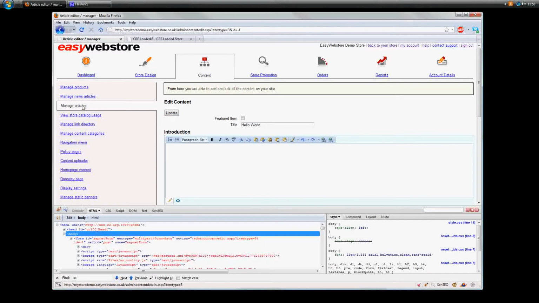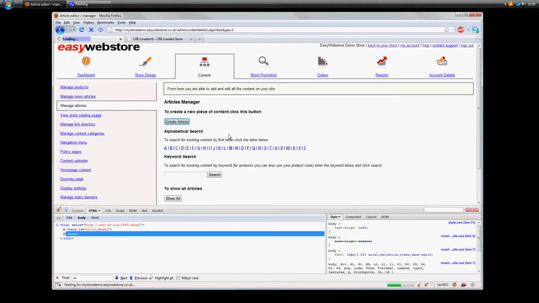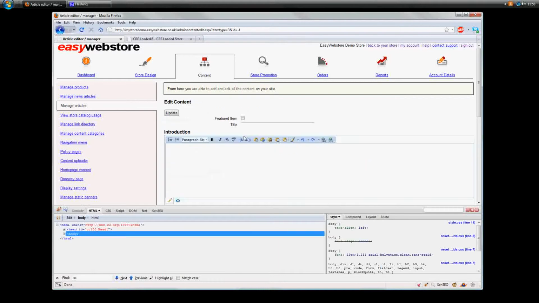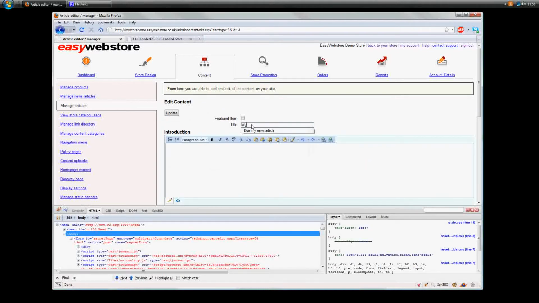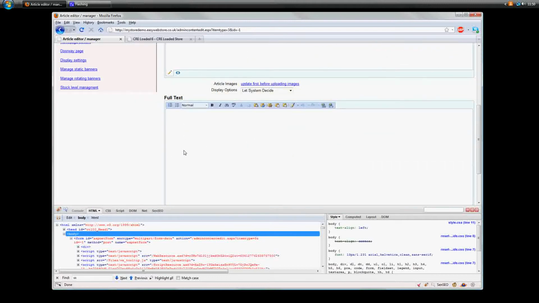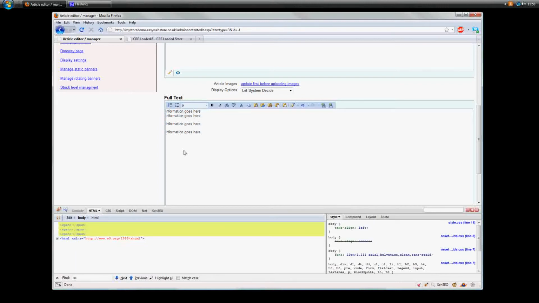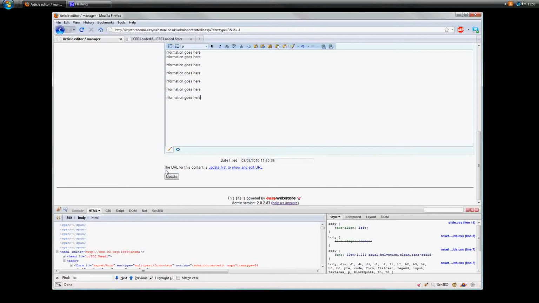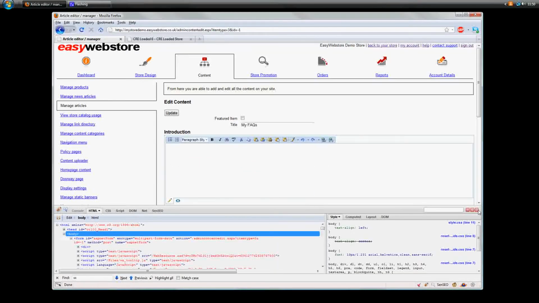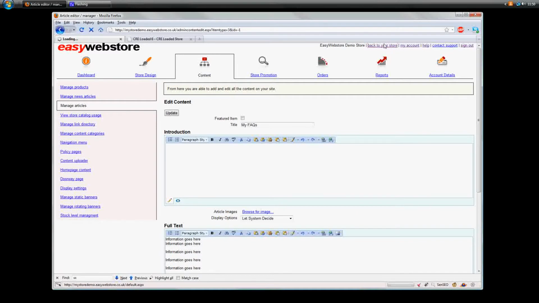And then let's do another one, and this time my FAQs. So my FAQs, and then we could put some info in here. Information goes here. The merchant would fill in his list of FAQs. Looks a bit of a mess, but let's update that. Okay. Alright, so that's done. We'll close Firebug. We'll go back to the store, and